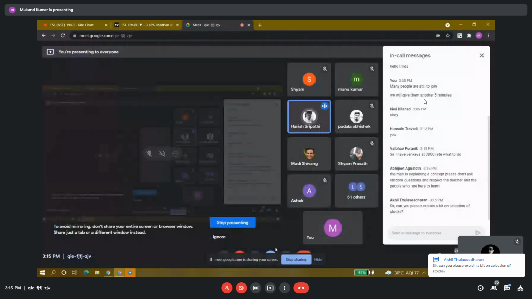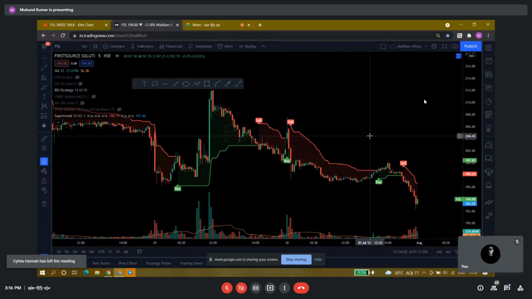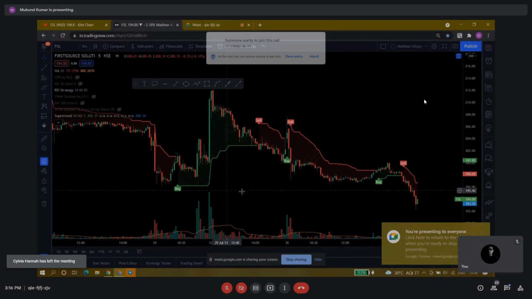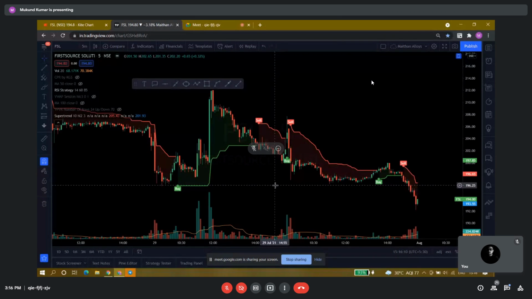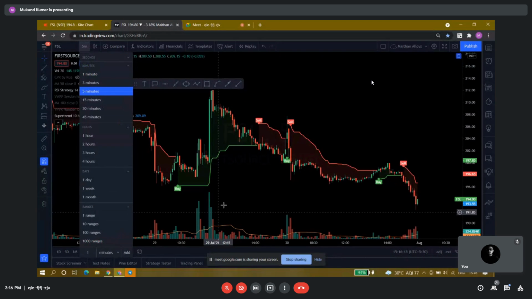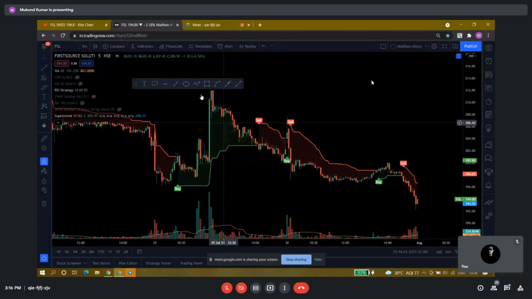Hey Mukunda, can I ask? Yeah, question now? Can you go back to the same graph we are referring to, FSL? I had one doubt. What I understood is Supertrend works fine when the market is in trend. But on the screen, if you look at the end of the graph, there is a small buy signal which ends with a sell signal again. At 2 o'clock, 14 hours, there is a buy signal, right? So how to avoid taking that buy signal?